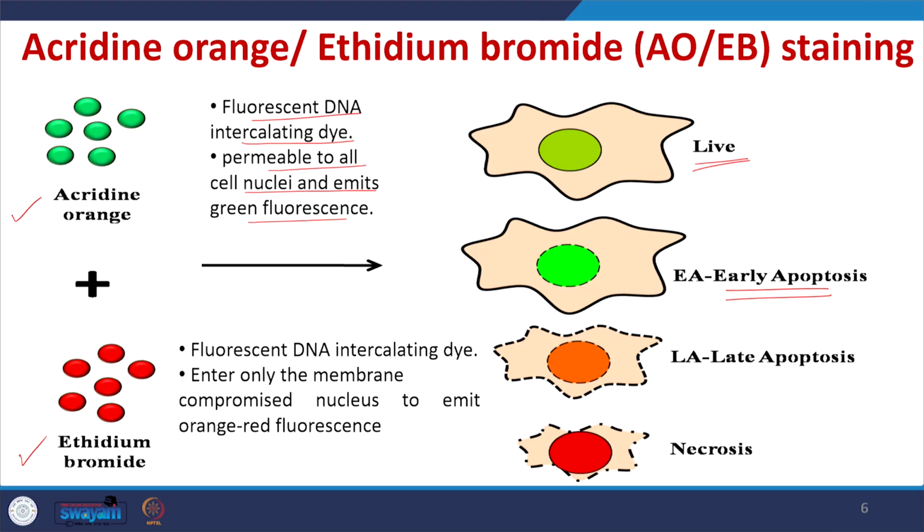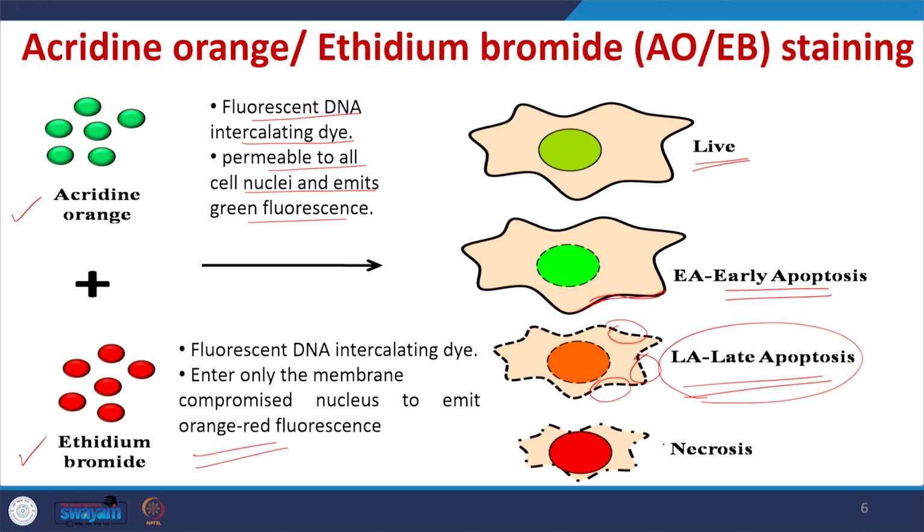It emits bright green fluorescence, and when we add the combination of acridine orange and ethidium bromide, when the cells are undergoing the apoptosis at the late stage, what happens is this ethidium bromide enters. You can see that here the cell membrane is intact, and here the cell membrane is having some kind of perforation. So, due to that, this ethidium bromide stain can enter and it stains the nucleus. That leads to the combination of this green plus red gives the orange color. There will be like an orange red. So, if you are seeing the cells which are emitting the orange red fluorescence, that means cells are in the late apoptotic stage.